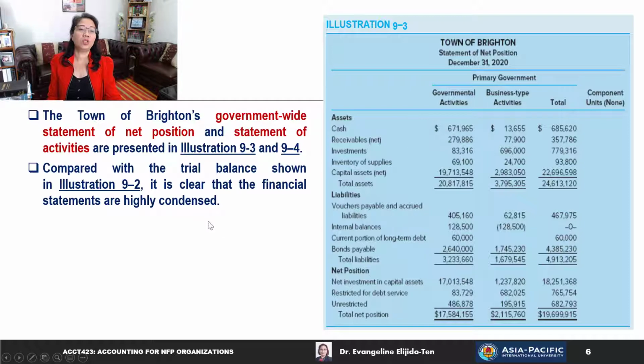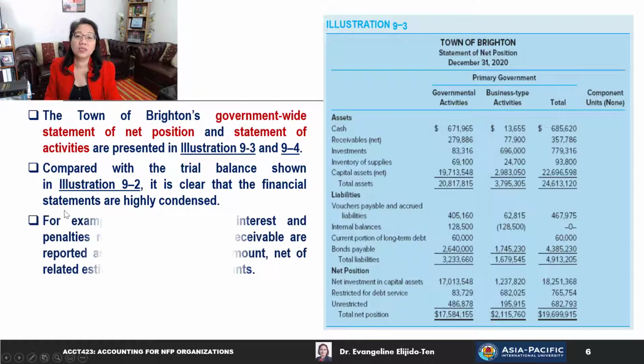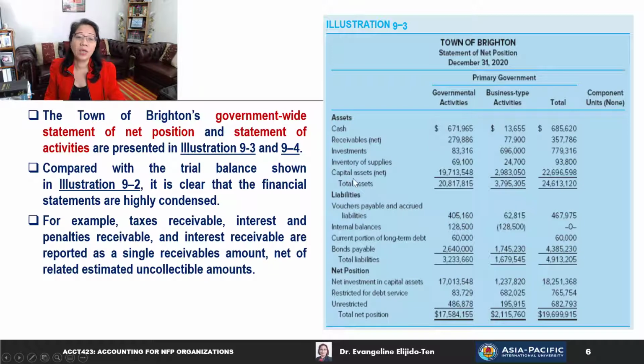What you will notice if you compare this with the trial balance as we have seen in illustration 9-2, it is clear that the financial statement, particularly the statement of net position in this slide, is actually highly condensed. So, for example, have a look at the receivables net amount. All right, that